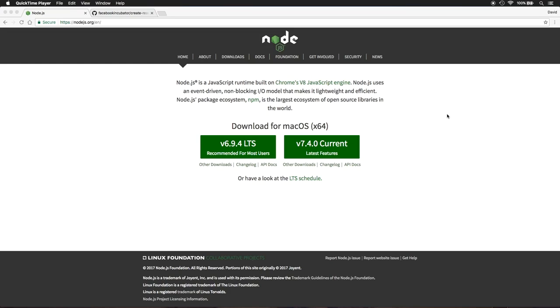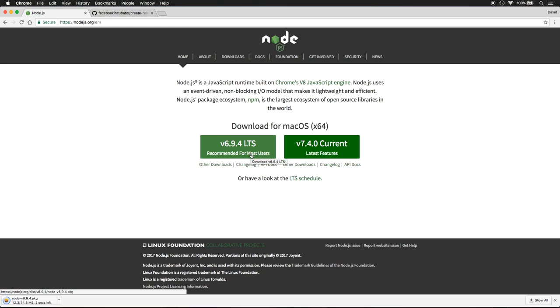We'll use a small number of tools to assist us with React development. First off, you need to make sure that you have Node.js downloaded onto your systems. For Mac users, simply go to nodejs.org and find the home link. In Home, download Node version 6.9.4, the one recommended for most users, or the recommended download that is currently on